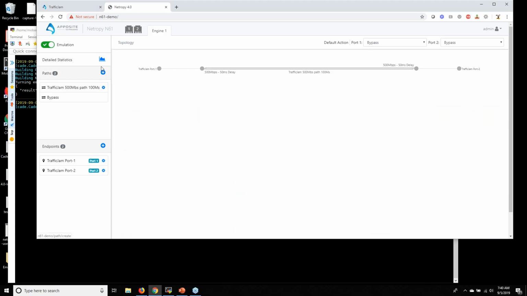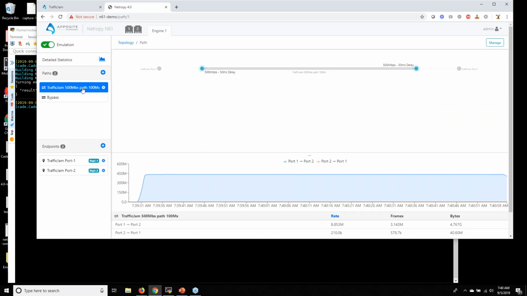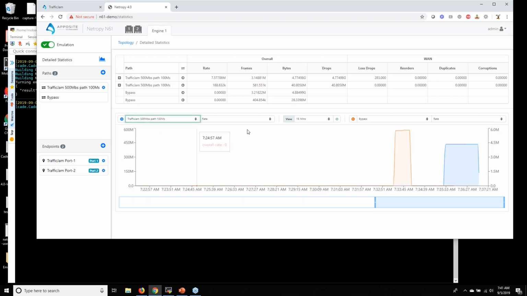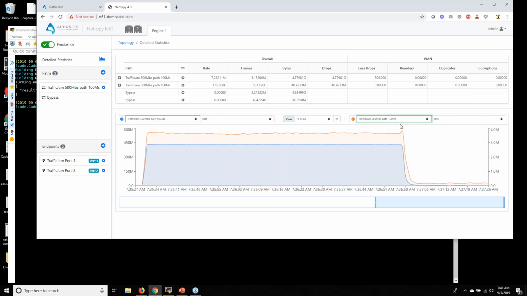So let's take a look at that. So here we can see where I put that 1% loss. We went all the way down to around a megabit throughput. That's just loss. So that just gives you an idea how loss can affect things.